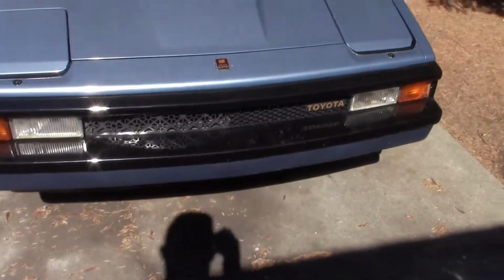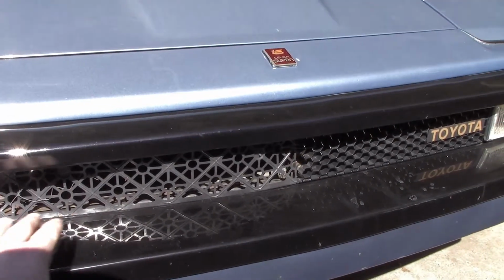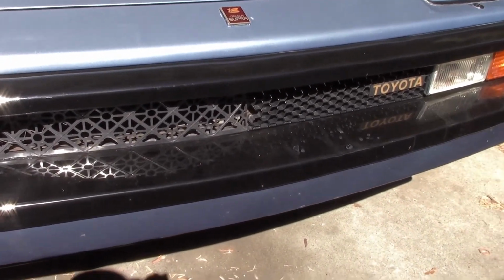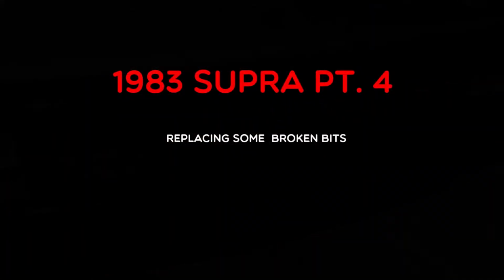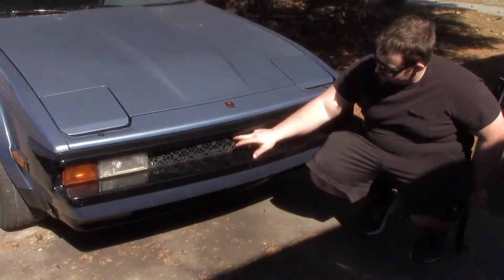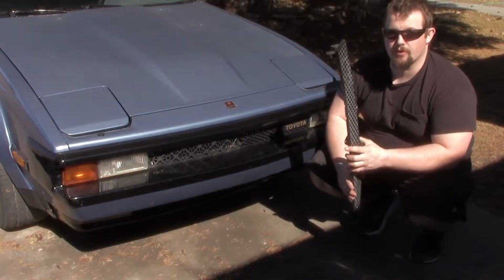So you guys remember when I introduced this car and there was this blatant mistake right here where half my grill is missing? Yeah, today we're gonna fix that, along with a couple other things. Just something about this mesh just isn't cutting it for me. Luckily for us, my parts car came with a spare grill, so we're gonna go ahead and put that in